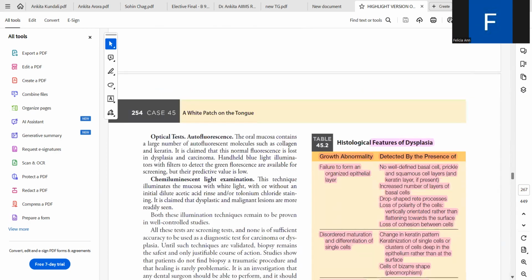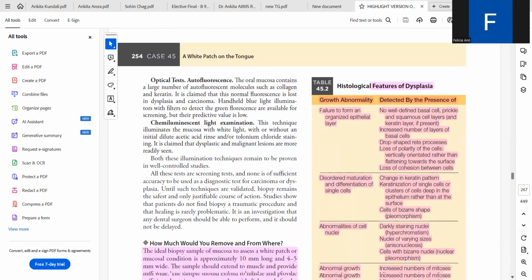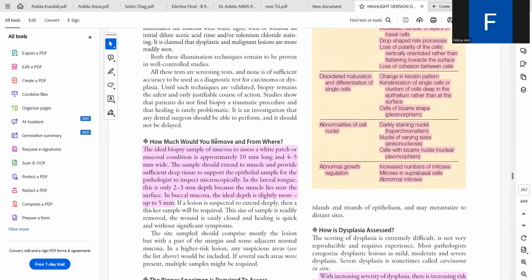Then we have, how much would you remove and from where in biopsy? The ideal biopsy sample of mucosa to assess a white patch or a mucosal condition should be approximately 10 millimeter long and 4 to 5 millimeter wide. The sample should extend to the muscle and provide sufficient deep tissue to support the epithelial sample for the pathologist